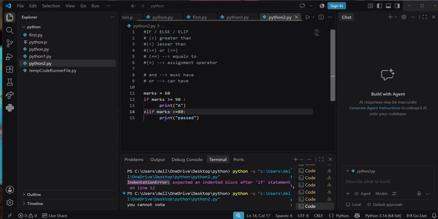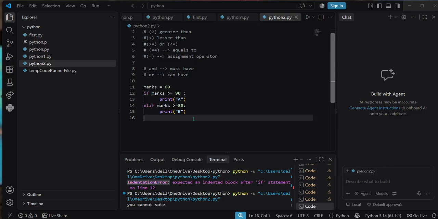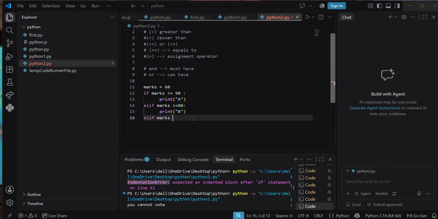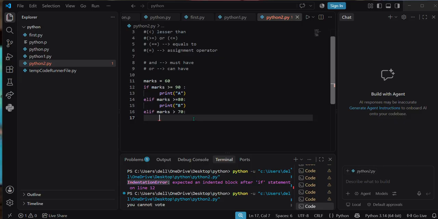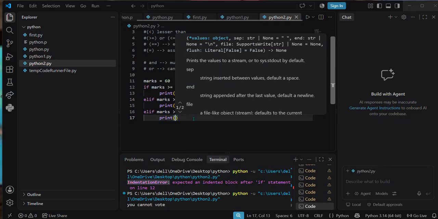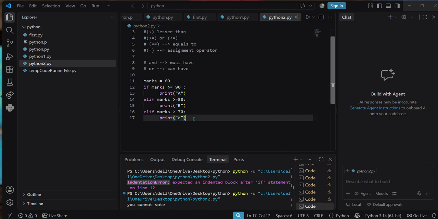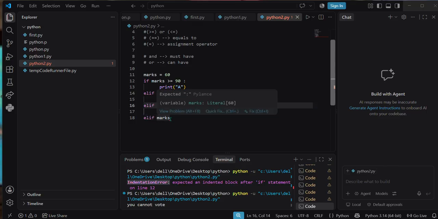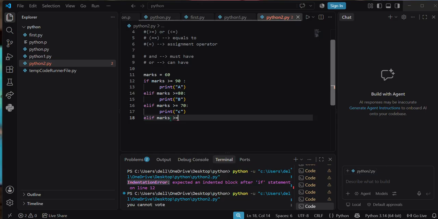If true, then the student has got a B grade, right? Now use another elif. See, in elif also indentations are important, right? Just make it an example. Colon, then the student has got a C grade, right? Similar with the other grades. If marks is greater than or equal to 60,